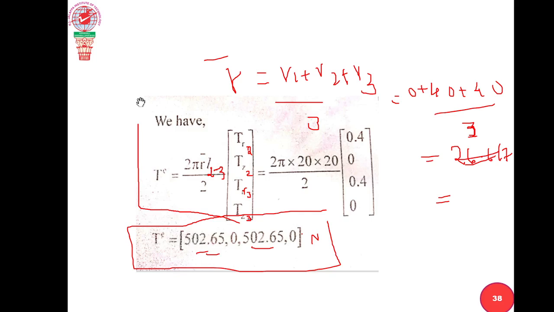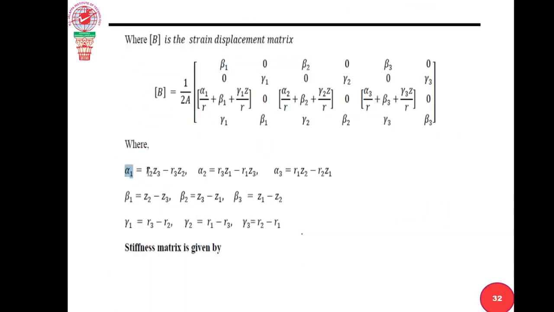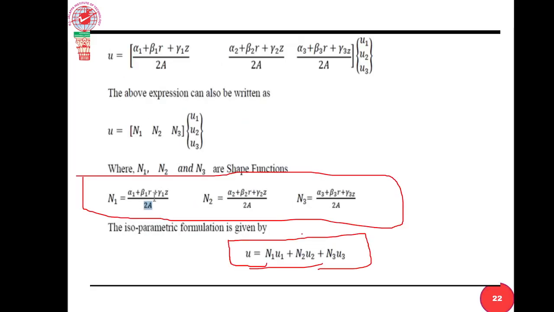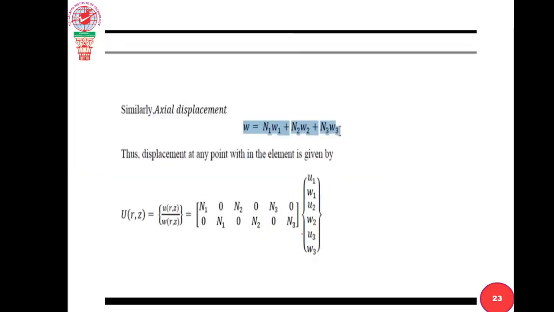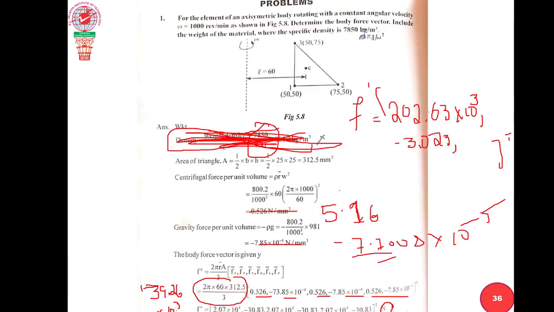That means in axisymmetric elements, the numerical part is completed. That is the fifth model completed. Understood, all of you? Yes, sir. In this topic, these two derivations are very important. It's a fixed derivation. You have to practice, and especially the first problem we solved is very important. This problem has been repeated many times.